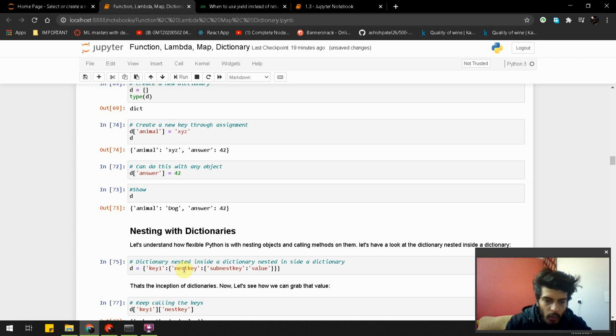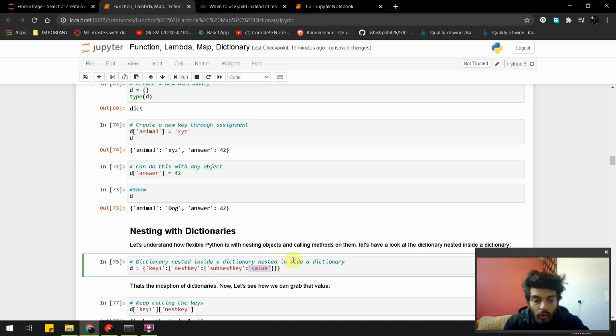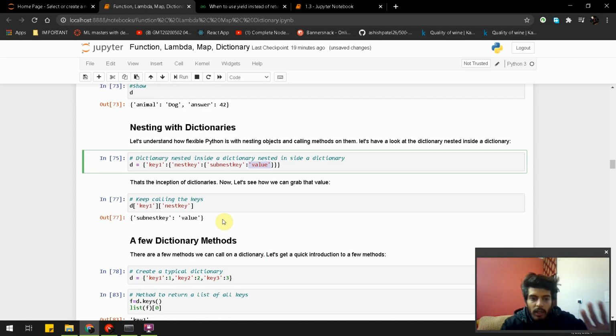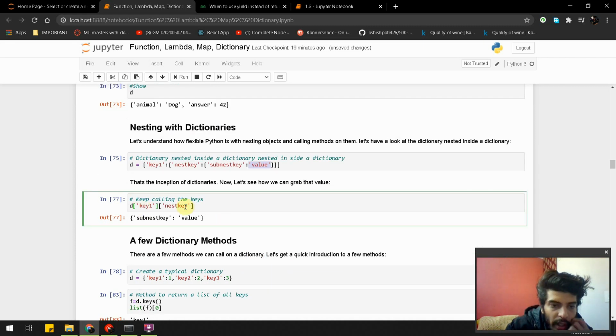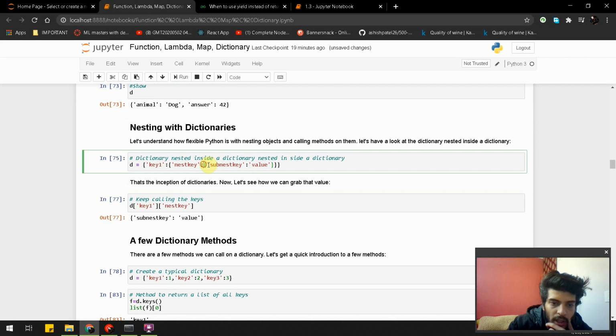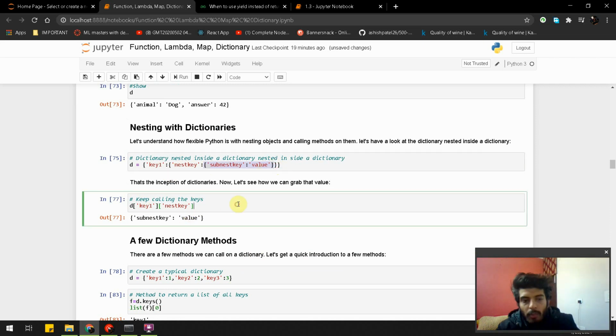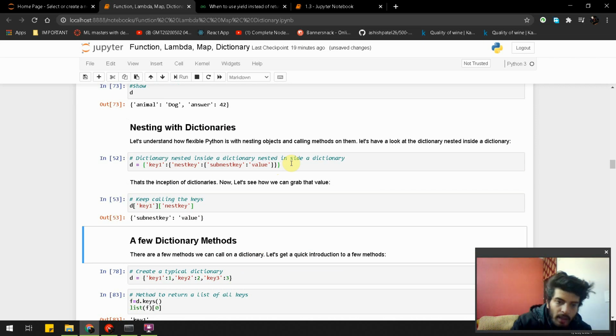Now you can see we have a key, and then we have a value which is again a dictionary, and then we again have a key, and then we again have a value as a dictionary, then we again have a key and a value. So don't be confused, it's really easy. We are doing key 1 and next key 1 and next key, and it is going to print this value. It is really simple. If you are a little bit comfortable with coding, these things are really very simple in Python.